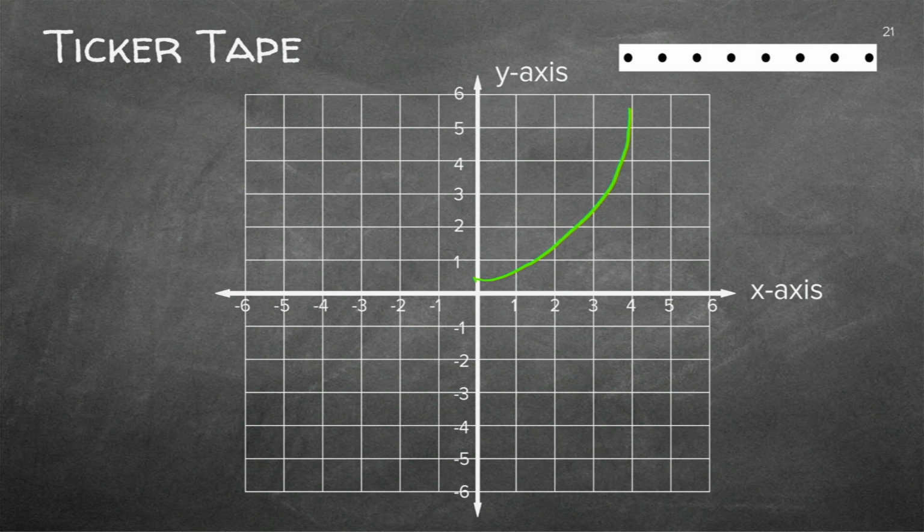If I have the following ticker tape, have a look at that. Do we see the position is changing? What will the velocity be? It will signify that that's a constant change. So I will have a velocity line like that. These are the kind of deductions that you'll have to make.